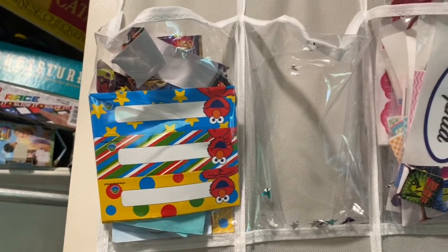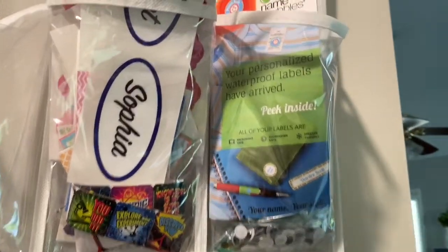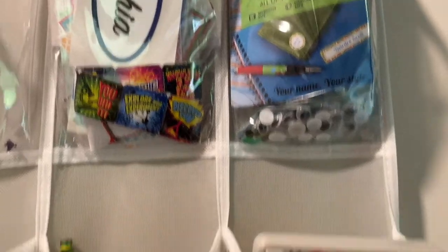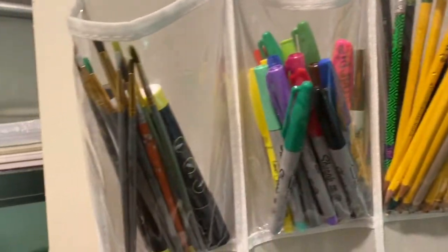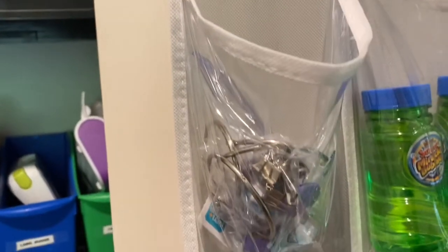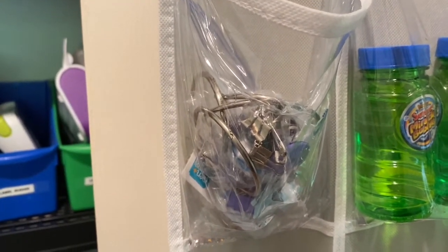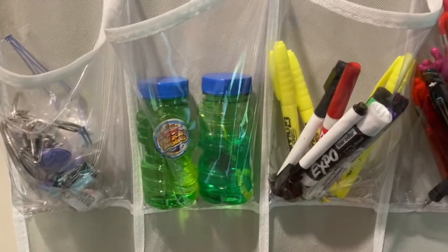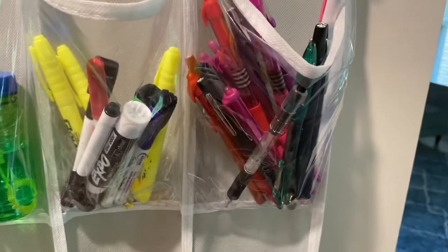These are labels and stickers. Those are googly eyes, name stickers that are personalized for my kids that we use for school stuff. This is a math game, all of our pencils, Sharpies, paintbrushes, and specialty markers. These are binder clips and those circly binder things that you can use for flashcards. We have some bubbles. Those are kind of out of place, but it works for us. We can take them as we go out in the front yard. Dry erase markers and highlighters, pens,